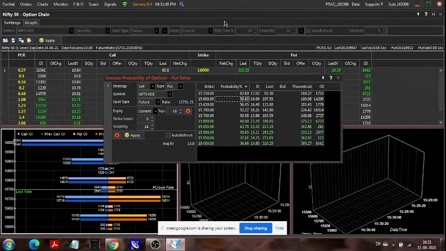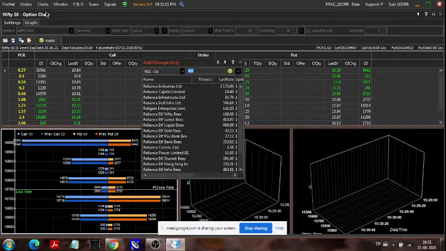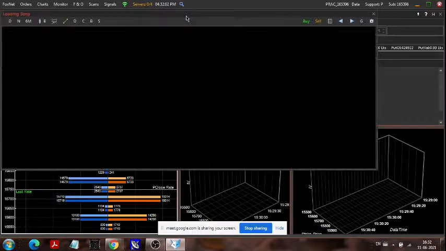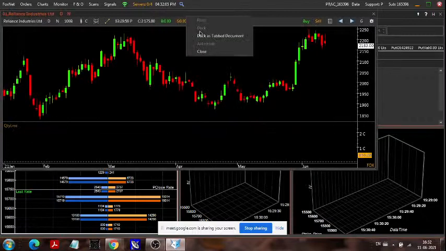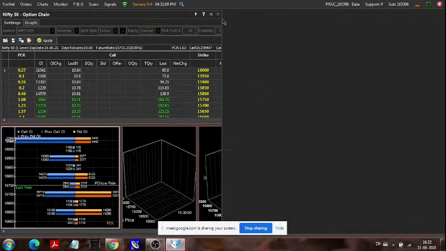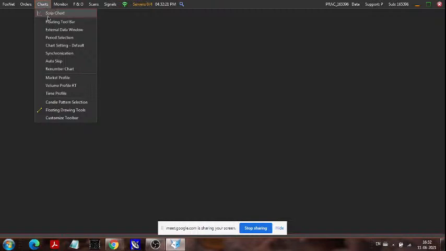Okay. Now let's come to the chart. Now I will guide you how to make a signal on the graph and how to create a scan of it. See, this is our blank chart. There is no study on this graph. Now I will add one study. Today I will be guiding with a two moving average crossover strategy: how to make a signal of it and how to make a scan of it.